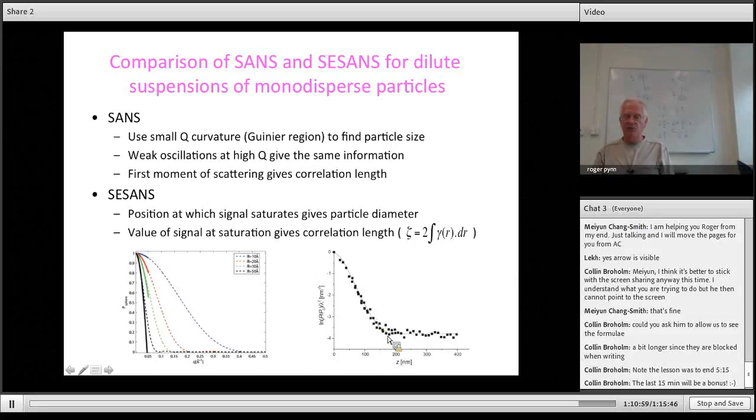A typical CSANS curve is going to look like this for dilute solutions of particles, and in fact, the place at which the signal saturates here is equal to the diameter of the particle. So you can see that there's some uncertainty in that because this curve comes down here and just sort of fades off into something constant here. So that's the diameter of the particle. It's not a very good diameter determination, as I said before. So for measuring the size of monodispersed particles, you're better off doing that in Q space